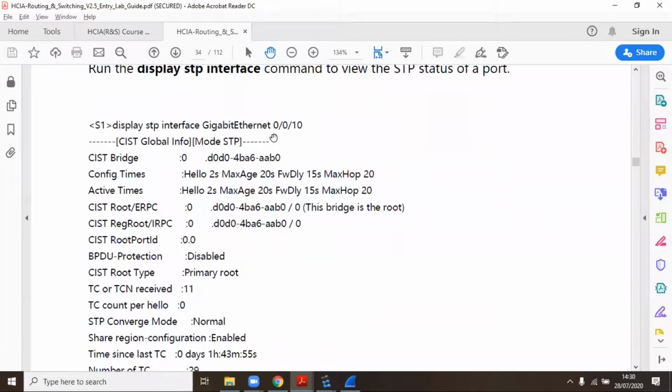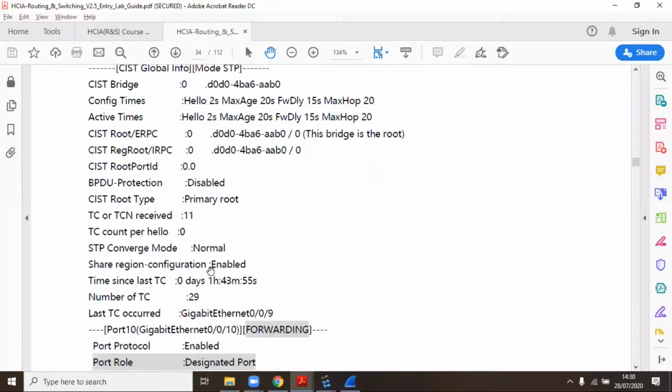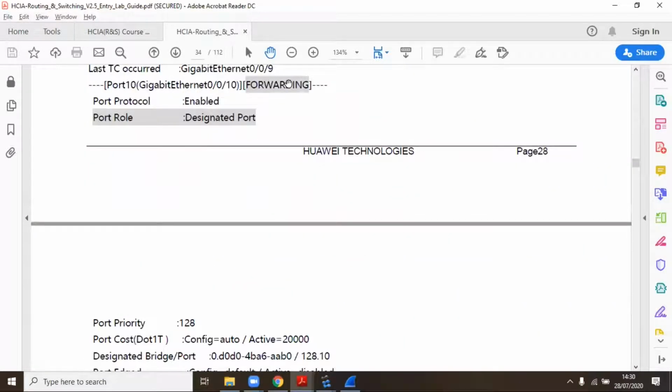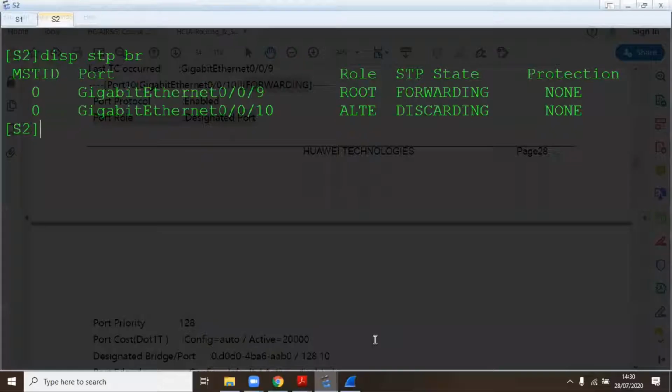So we can also use the command display stp interface, then the name of the interface and the number of the interface, in order to see a number of things there. For example, the state of that particular interface and the role of that interface, the port role. We've already seen it using the previous command, but this command is also important. So let's try it. So display stp int, then let's do